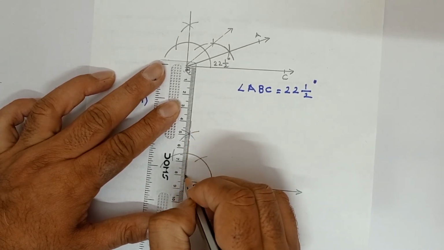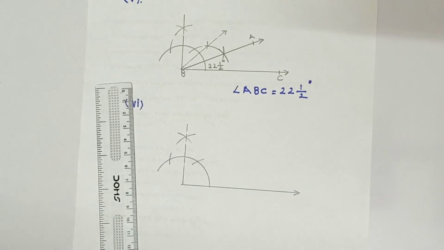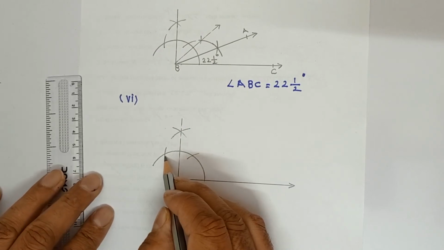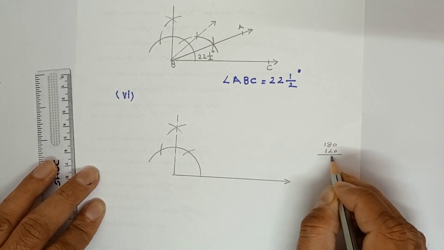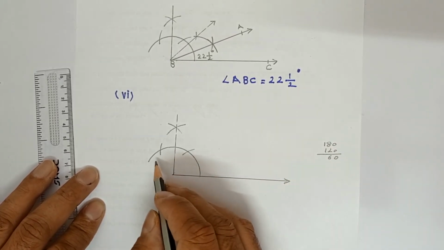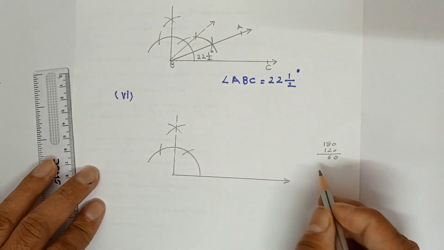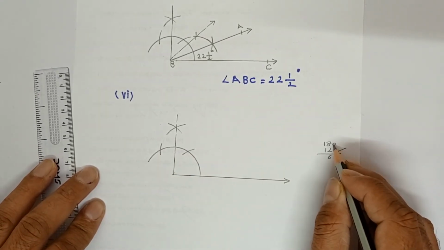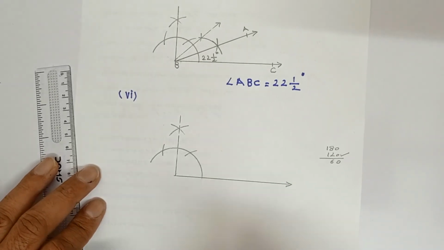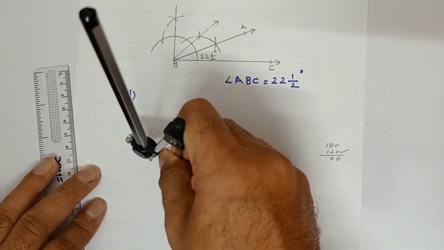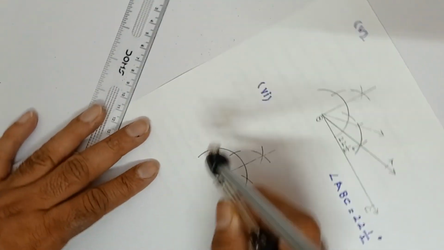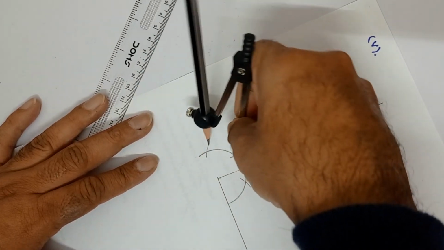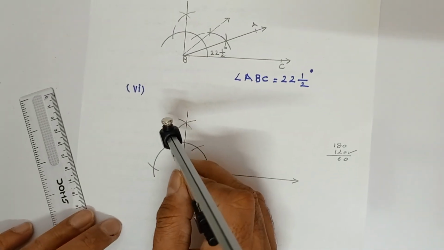Now we need to draw 150 degree. So for 150 degree, which angles are to be bisected? You can see here, up to here it is 120. If I subtract 120 from 180, it is 60 degree. So 120 and 180, one more arc we will take here. This I am extending this way. So from 120 another arc also we will cut. So up to here it is 120.